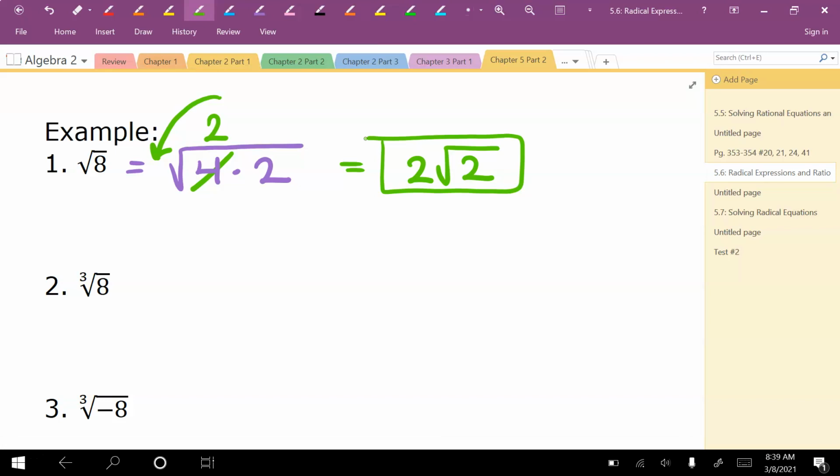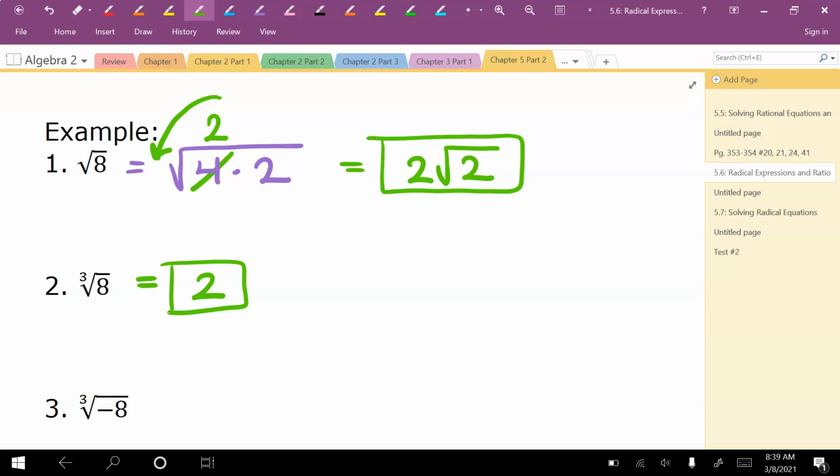Now, if we look at number 2, it's a little bit different because it's got a 3 up next to that square root sign. So I'm trying to find the cubed root of 8. Does anyone happen to know what that would be? 2. Okay? 2 times itself 3 times gets me 8. 2 times 2 times 2. Now, when you start getting to numbers that you maybe don't know off the top of your head like that, because 8's a fairly small number that I could have just kind of thought about to myself,